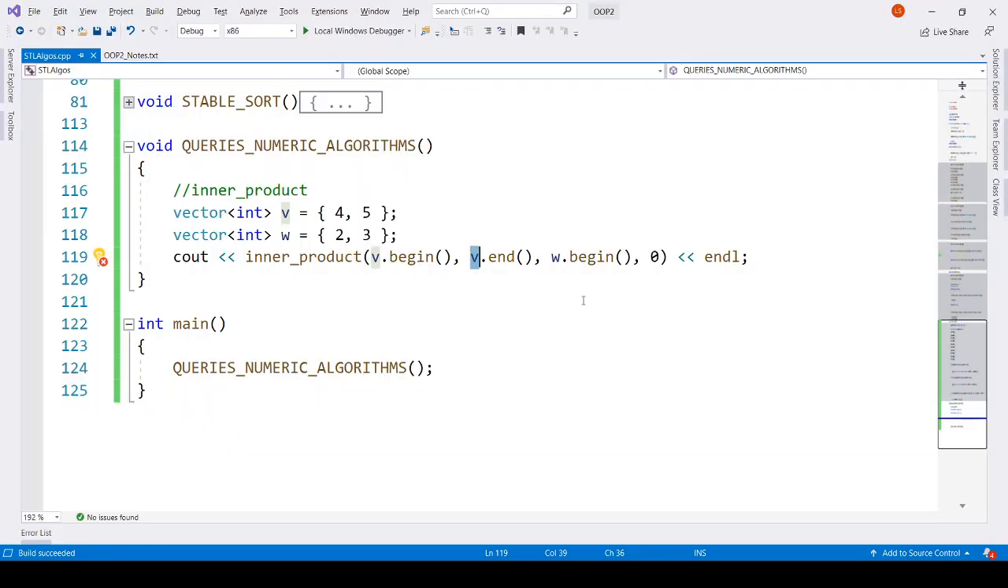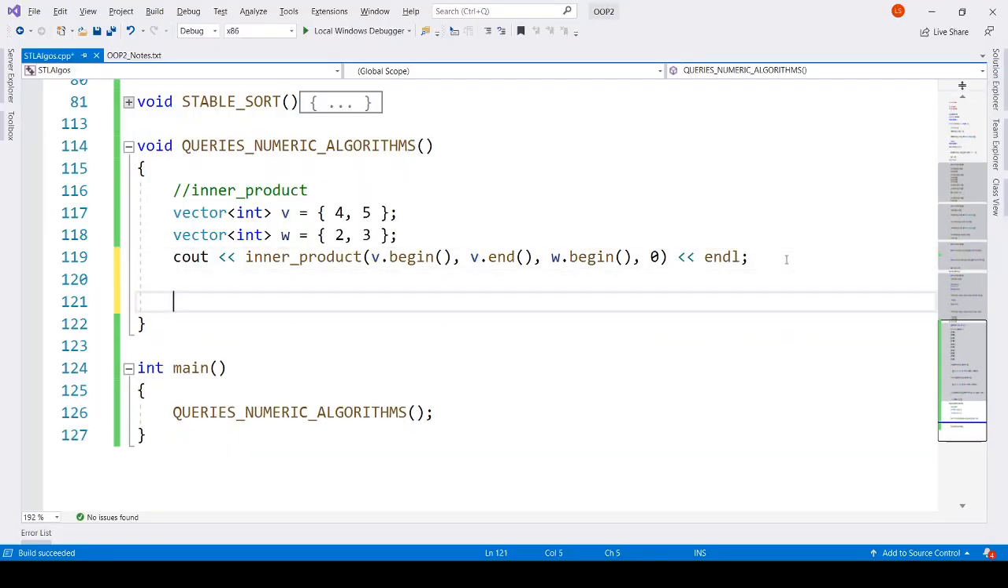So 23 is our vector product, right? This, like I said, can be used for matrix multiplication as well, because we are using the same thing for multiplying a row with the column. Okay, now let's talk about